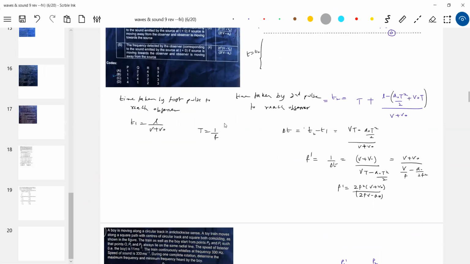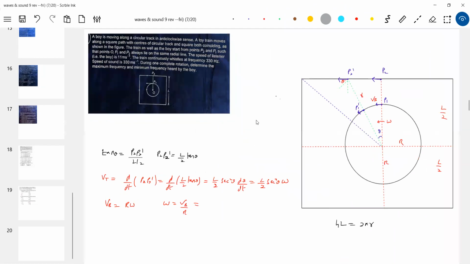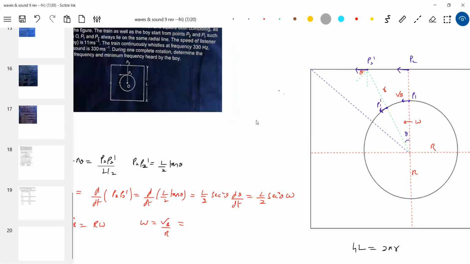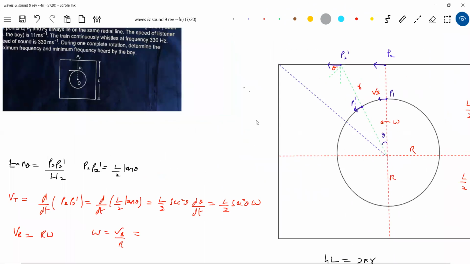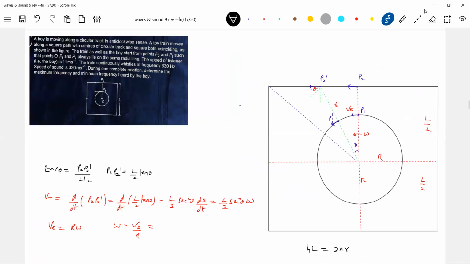This is the question we left over. No, R should be equal to L by 4. I think that person has badly printed it. After cross verifying the answer he has given, only after assuming R equal to L by 4, I'm getting the answer. Otherwise, it will not match. In some, I think in the figure, the circle will be in touch with the edges of the square. Here he has made R equal to L by 4. That's a given thing.